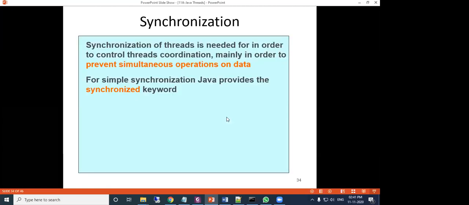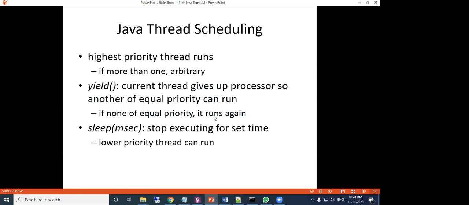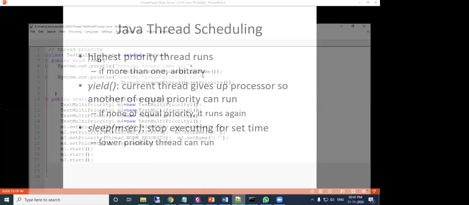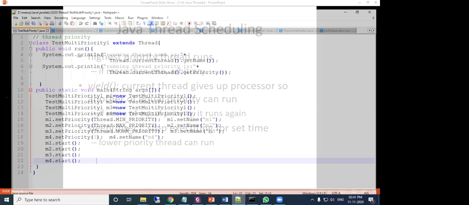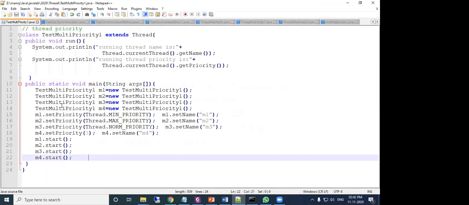Now see here. Okay, so before going to the next slide, we should see one thread program. Just see here the priority program. Here I have designed a class TestMultiPriority1 extends Thread. So here the run method is written.